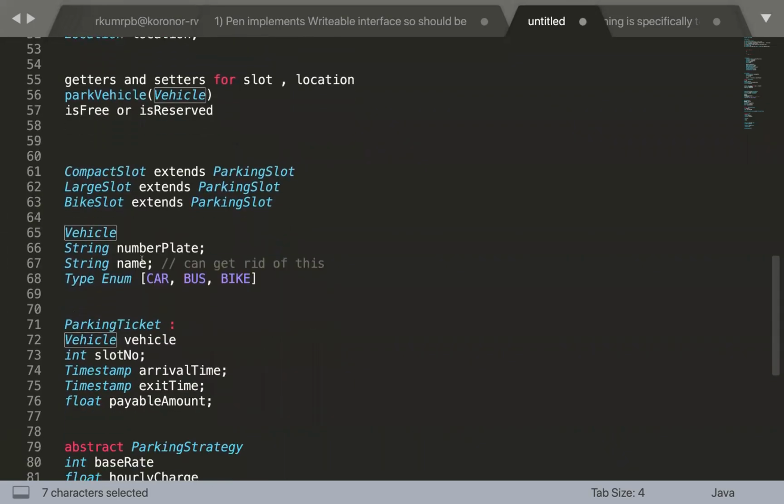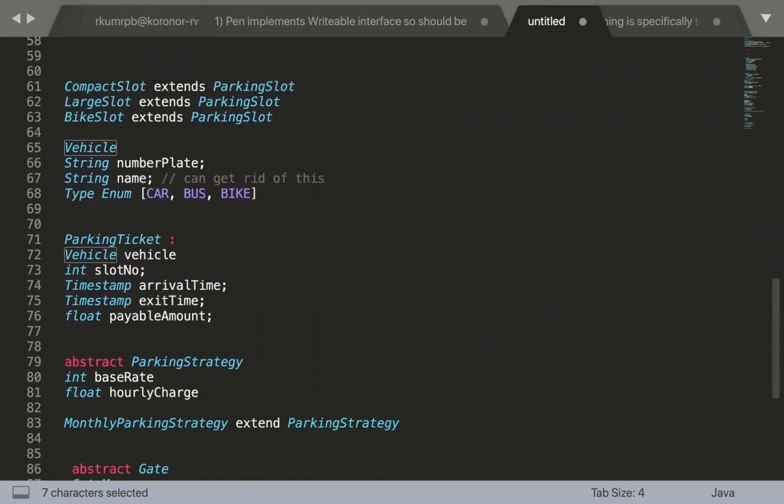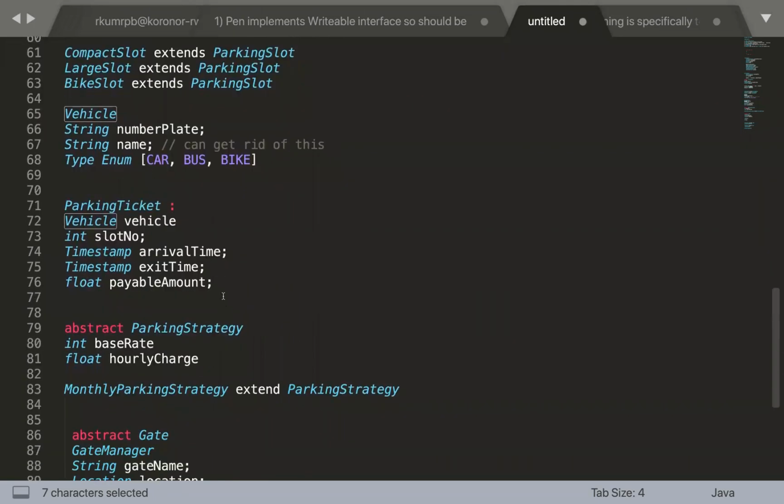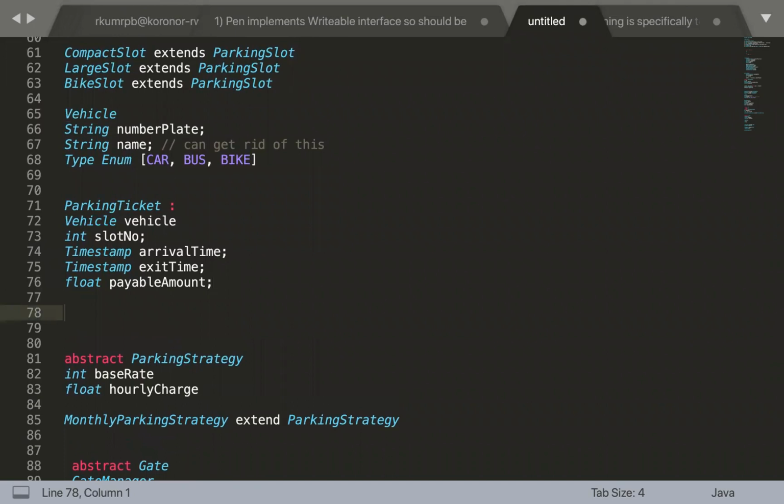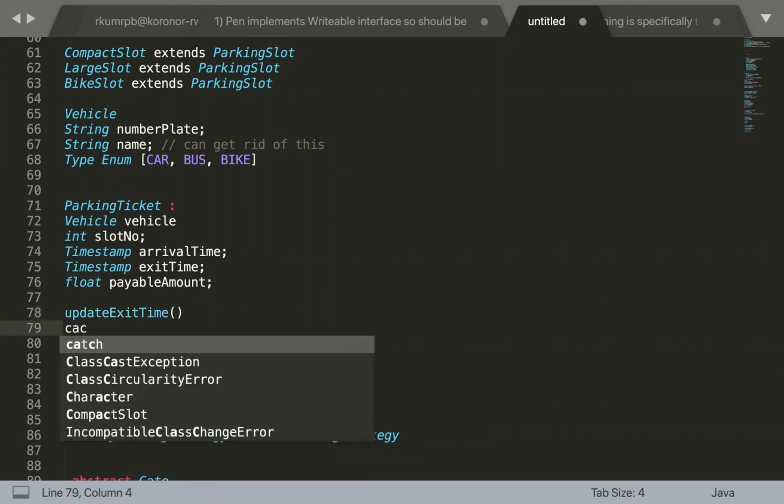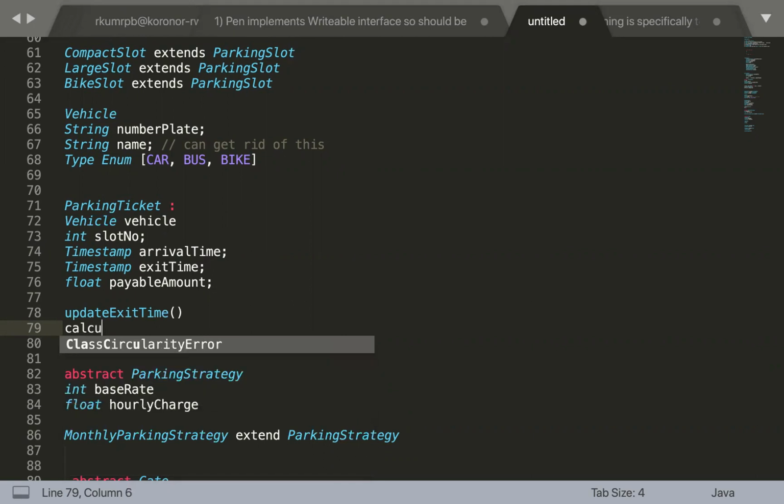Okay. Now let's come to the parking ticket. So what are the contract methods the parking ticket has? Update exit time, right? Calculate charges. What all attributes is this calculate charges going to receive?